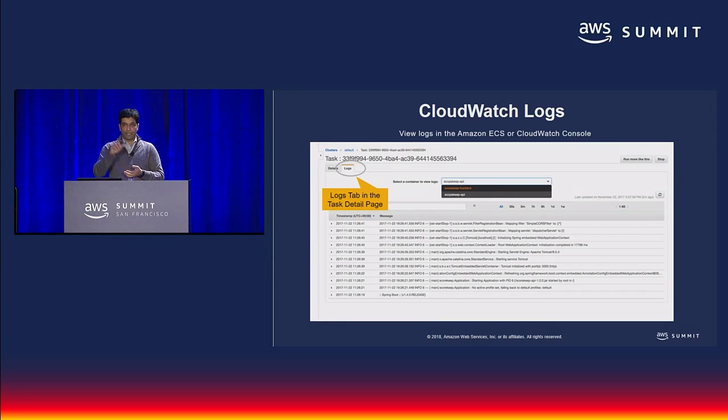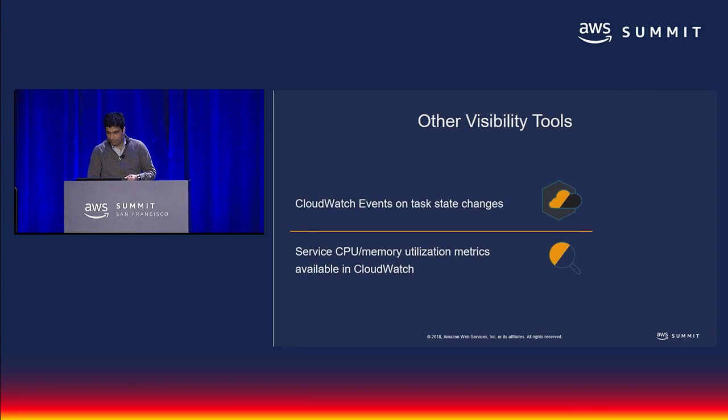So you can look at your application, your task, and for each container, there's a drop down to see what is the STD out, for example, for this particular container within the task, and it's a nice integration. You don't have to jump back and forth. There are some other visibility tools. We also made some enhancements in the visibility area, which I'll cover as part of the next section, which is